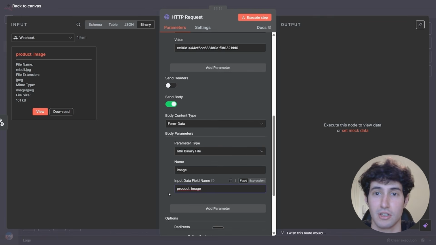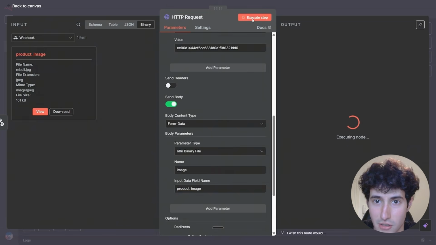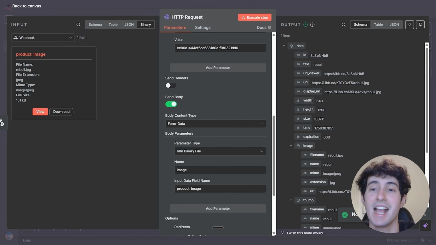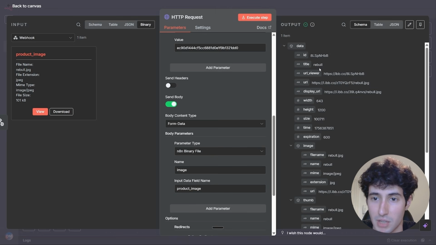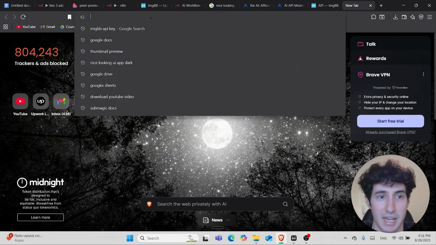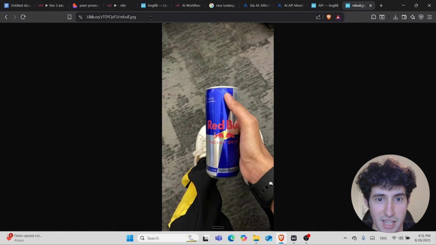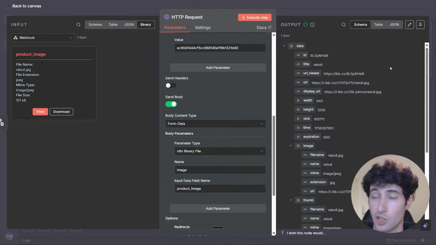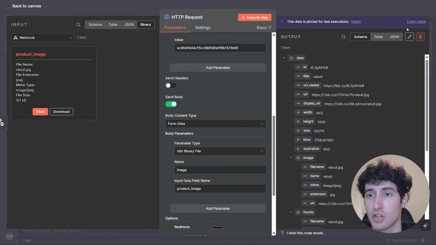So now we can actually execute this step and upload this file. So I will simply come over here and click on execute step, and boom, as you can see, it's successfully executed. And over here we have a bunch of parameters. But if you come over here and you see we have a schema that is called URL with an IMGBB link, and if I actually take this link, copy it, and come over to Google and simply paste it in over here, we can actually see the image that we just uploaded, which means that we have successfully managed to complete the step. So let me actually come over here and pin this so I do not have to rerun